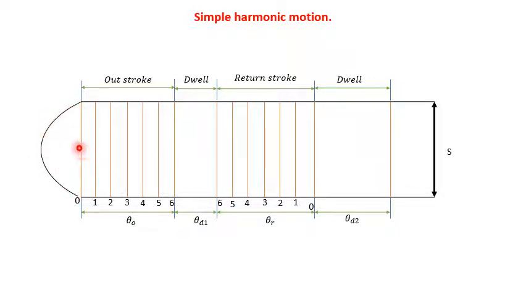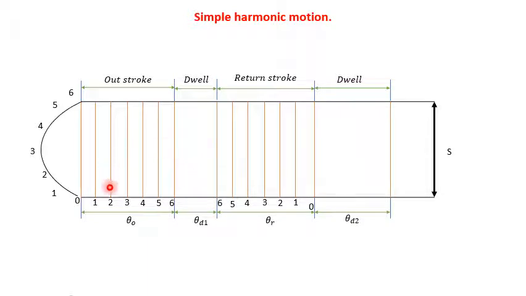So half of this stroke length is the radius for this semicircle. Clear? So keeping the center at the exact midpoint of this vertical line, draw a semicircle like this. Either here or at this point also you can draw the semicircle. Once we draw this semicircle, again we have to divide it into the same number of equal parts. Here we have considered 6 equal parts, therefore we have to divide this semicircle into 6 equal parts.